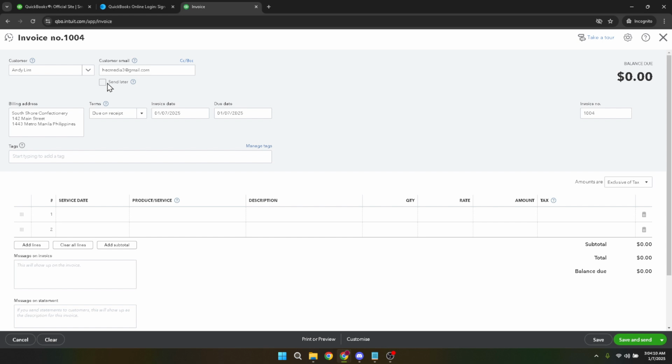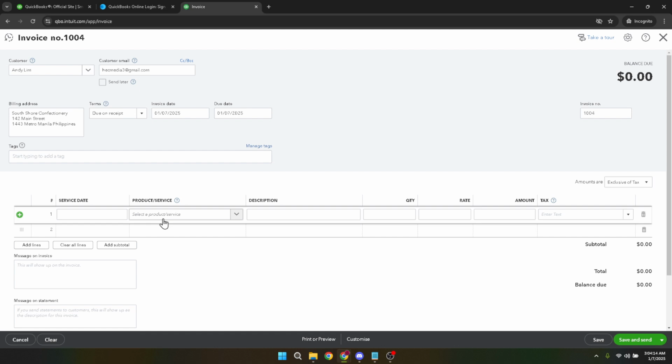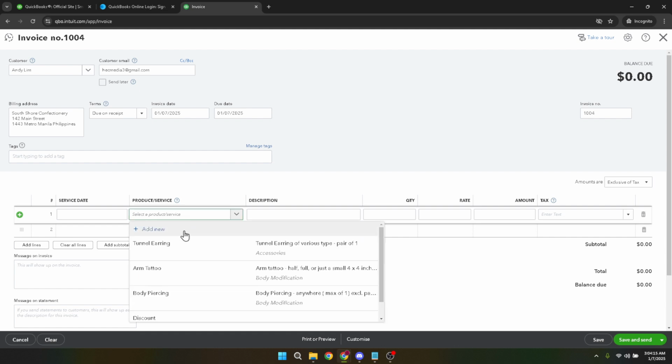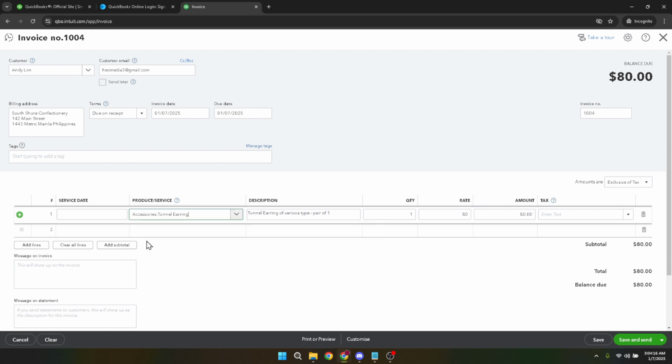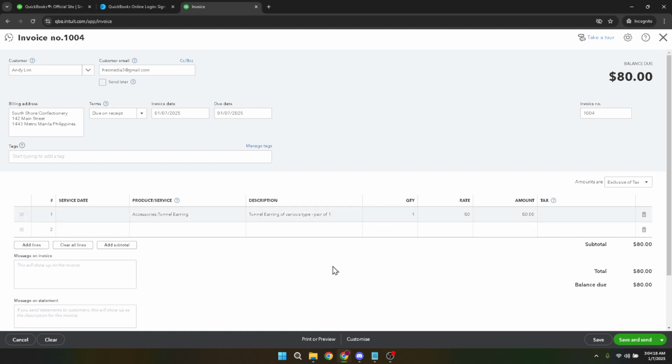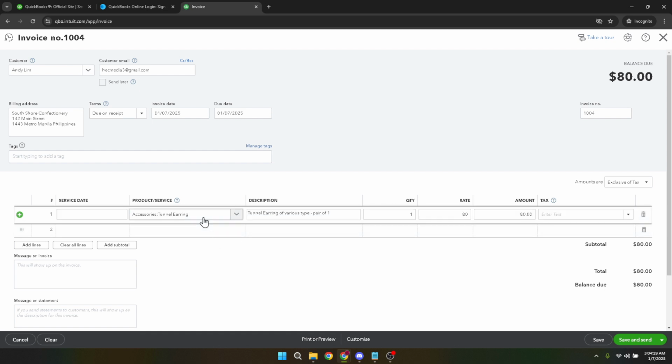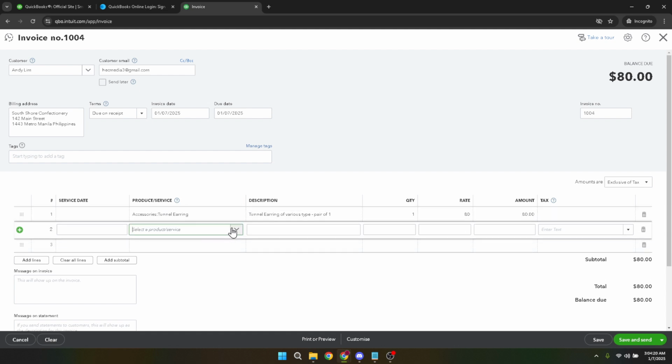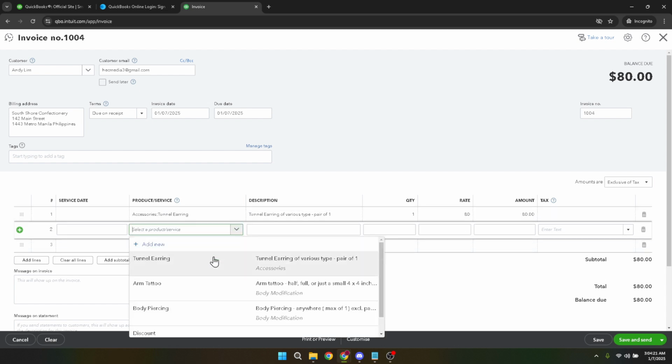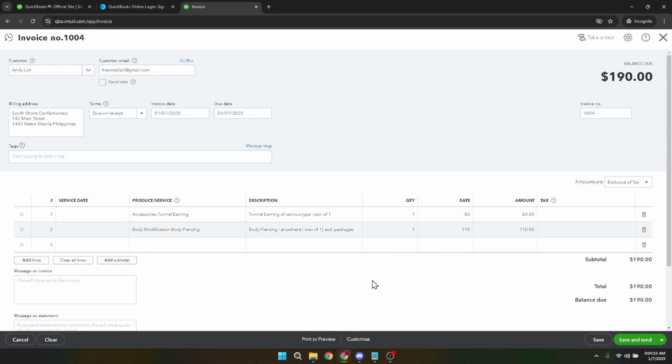Having linked the customer, let's move on to adding the products or services you're invoicing for. Below the customer section, there's usually a grid or table layout where you can input line items. Click on the product and service drop-down menu. If you've already set up items in QuickBooks, you can select them from this list. If the item you're invoicing for is new, you can easily add it by entering the necessary details such as description, quantity, rate, and any other relevant information. This setup helps in maintaining a comprehensive inventory and service record in QuickBooks.